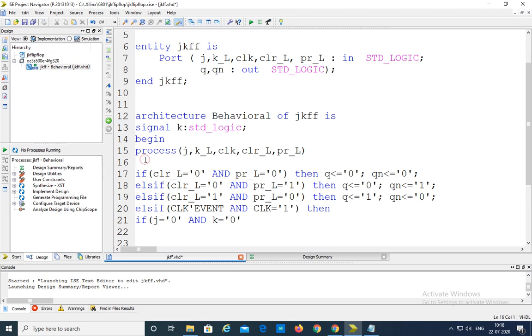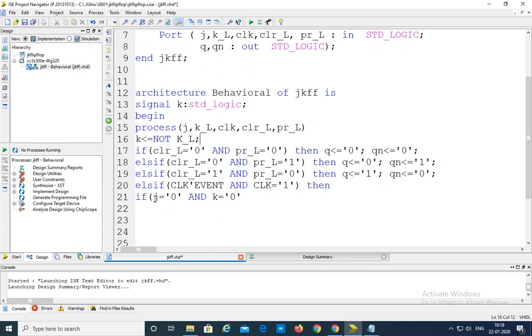Now what is K here? K is nothing but not K underscore L we are writing. Right. Now for J is equal to 0 and K is equal to 0,